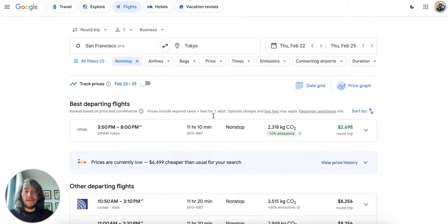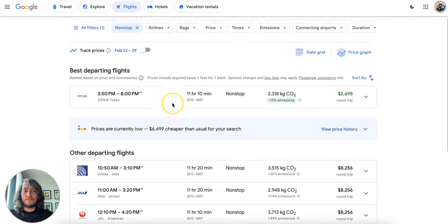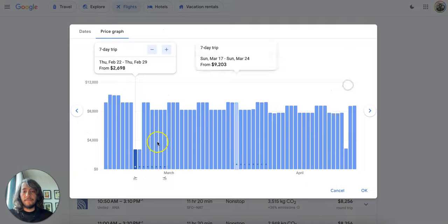So we can calculate the value. Let's just pretend the Zip Air one's not there, or you're not willing to do it, or you don't want to spend the 3K regardless. So even though it's a decent deal, you still want to redeem points. So we're going to compare apples to apples, right? So let's find that